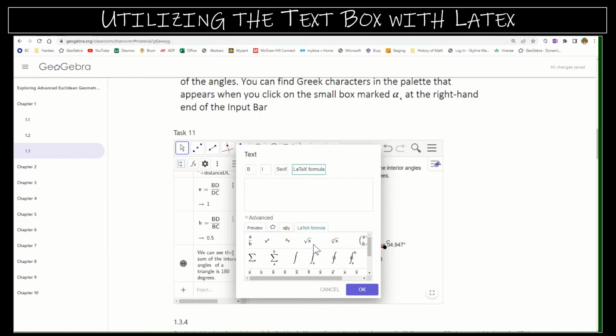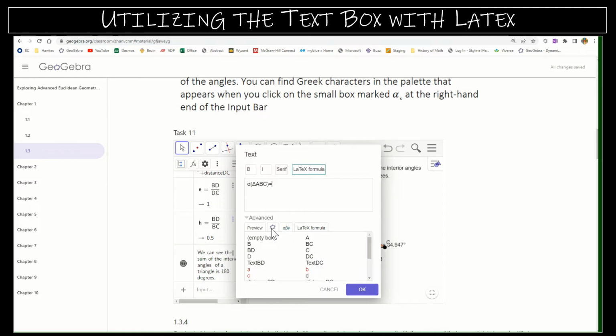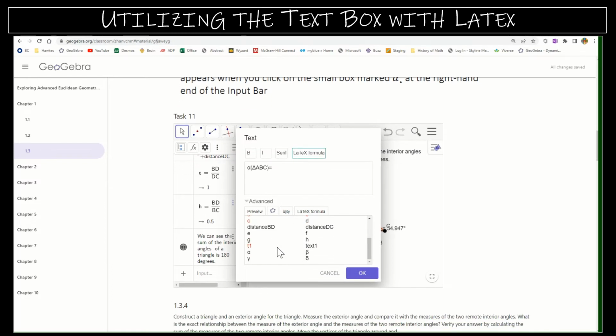And down here, I can actually choose items from the LaTeX formula. You can choose any of these icons as well. So we know I can say sum of triangle ABC is equal to, and then I'm going to go to the GeoGebra tool, and I can choose this first